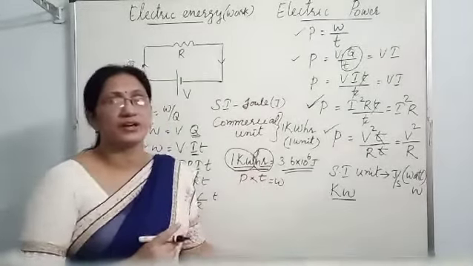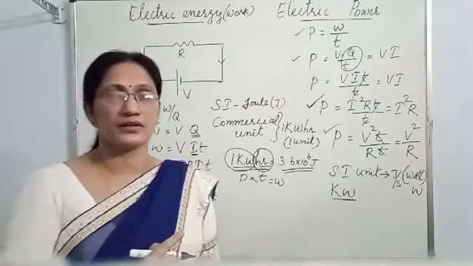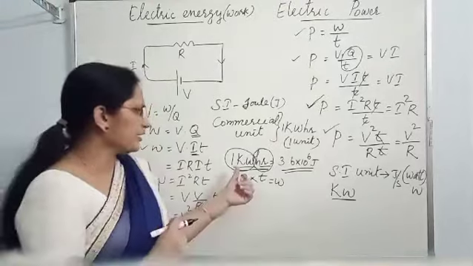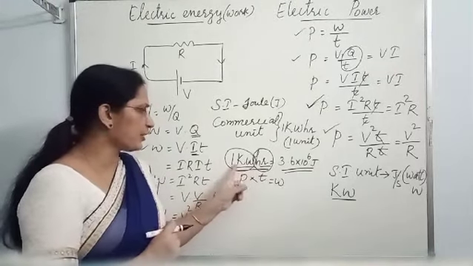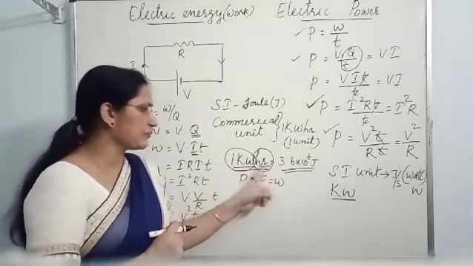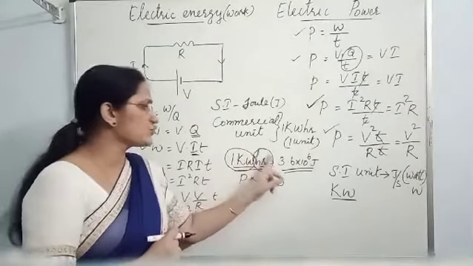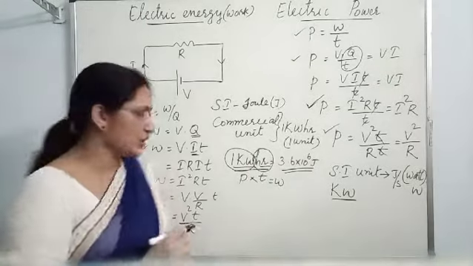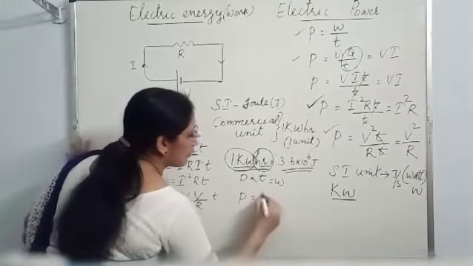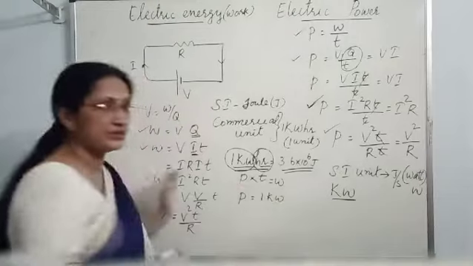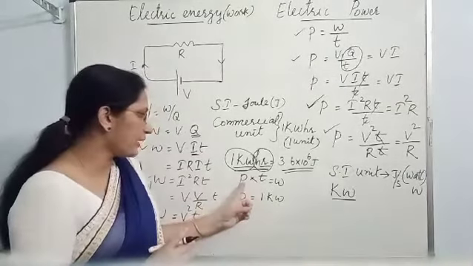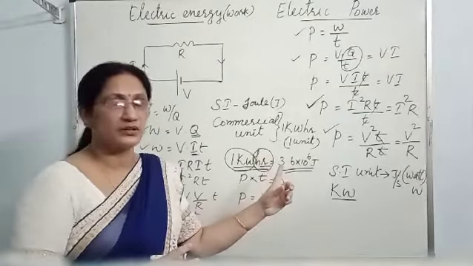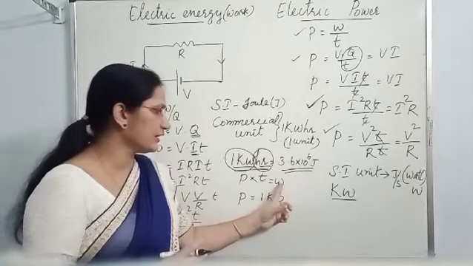Then how can you make a definition for 1 kilowatt hour or 1 unit? When a device of power 1 kilowatt runs for a time of 1 hour, the energy consumed we can call as 1 kilowatt hour. What is the meaning of power of 1 kilowatt? A machine or a device having power of 1 kilowatt runs for a time of 1 hour. The energy consumed or work done we call as